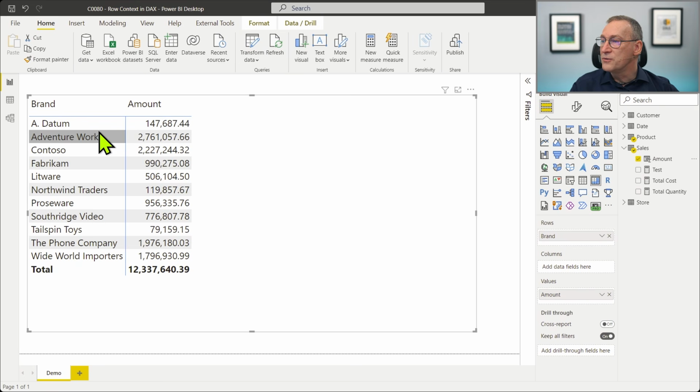The sum of the amount for each specific brand. That is because of the filter context, but we will cover the filter context later. For now, let's just focus on the row context. So the first recap, I know it's simple, but it's important, is that you have a row context in a